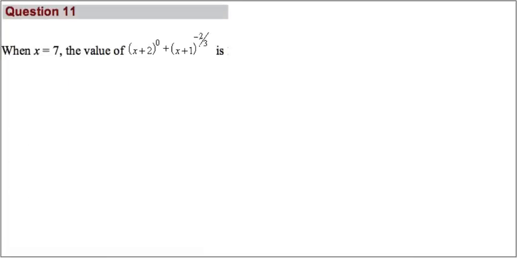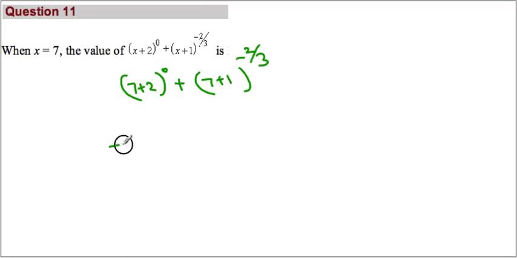Alright, so how about number 11? All we have to do is simply plug in 7 in both locations, so we end up getting 7 plus 2 to the 0 power plus 7 plus 1 to the negative 2 over 3 power. So here the first portion becomes 1, because anything to the 0 power is equal to 1. Here we end up getting a to the negative 2 third power. So 1 plus,